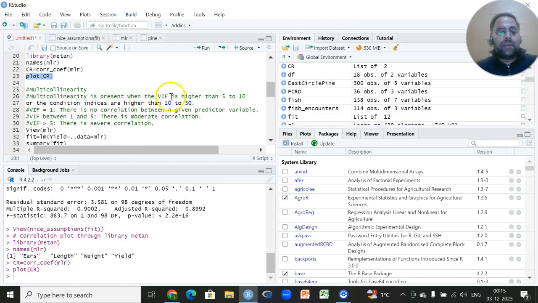One is variance inflation factor, and another one is condition indices. If the variance inflation factor is between 5 to 10, or we can say greater than 5, or the indices are higher than 10 to 30, we assume that there is multicollinearity present in that data. If it is 1, there is none, and if it is between 1 and 5, we say it's a moderate amount of multicollinearity. And if the variance inflation factor is greater than 5, then we can say it's a severe amount